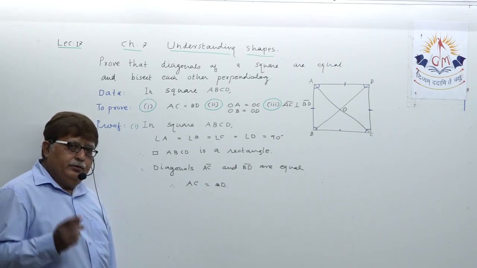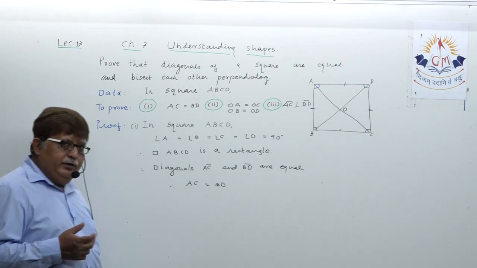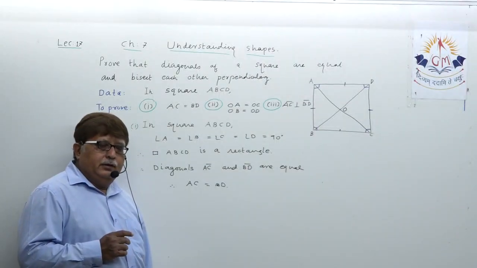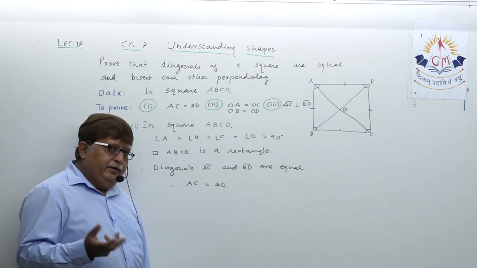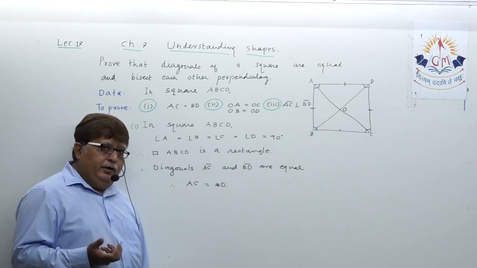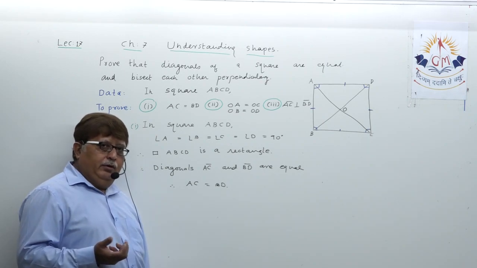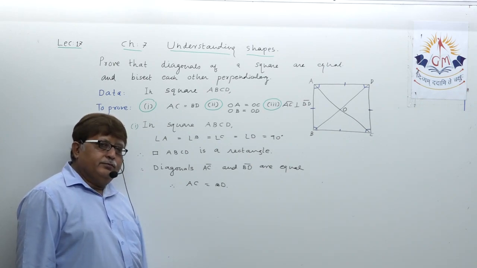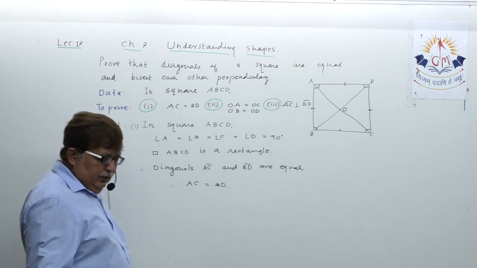Because a square has all angles right angles, that means it is a rectangle. And when you say that it is a rectangle, that means the property of rectangle implies here that diagonals are already equal. So the diagonals of a square are already proved equal. You understood? Now, dear student,